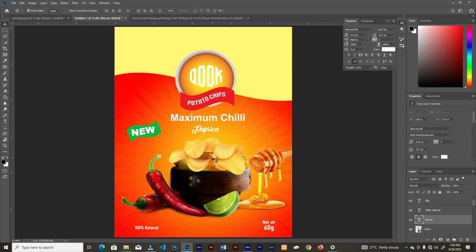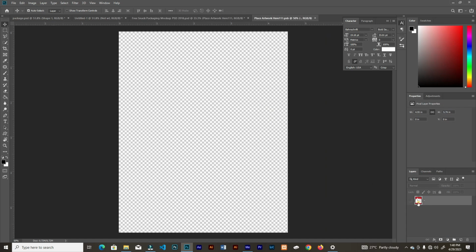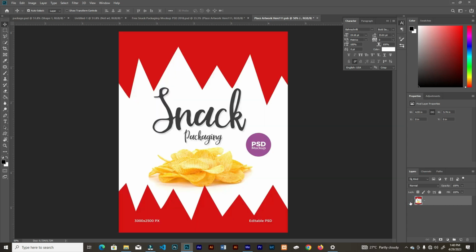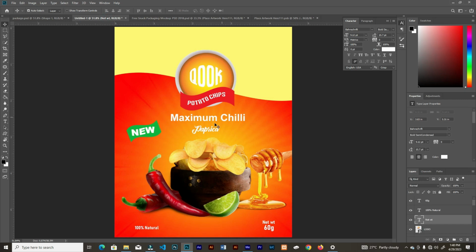Let's go ahead and put it on a mock-up so that it will look just like this. Amazing. So for the mock-up, I have this snack mock-up right here that when I double tap here, it will take me here. Now I already have a random one over here, so I'll just come to my work, and then